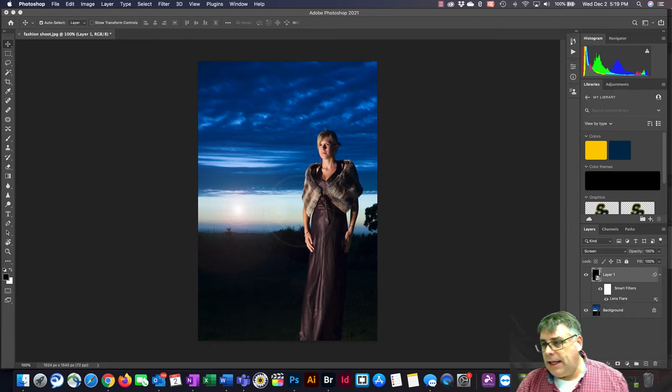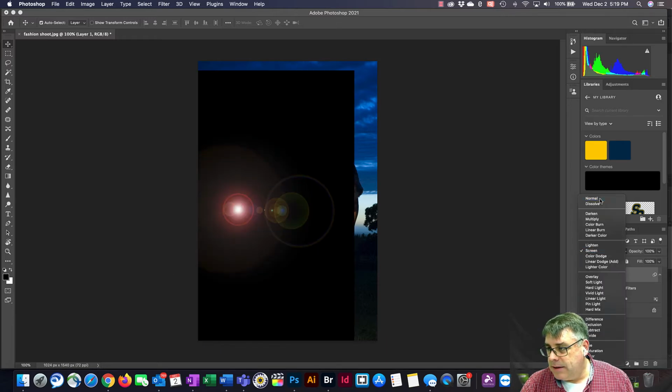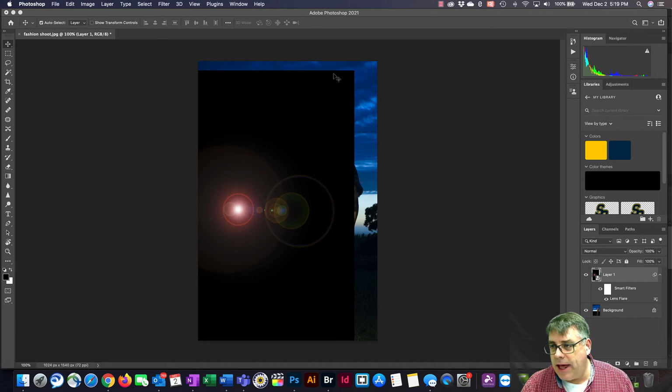So when you move the lens flare layer, if you go back to normal, you'll see there's a hard edge along the edge of this because we filled the layer and then we adjusted it and moved it over. And a lot of times, this photo you don't see it, but a lot of times you'll see this hard edge. So we need to now adjust this. So to prevent that hard edge, to get a little bit of softer edge, we simply click on the add mask layer. It'll add a mask to that layer,